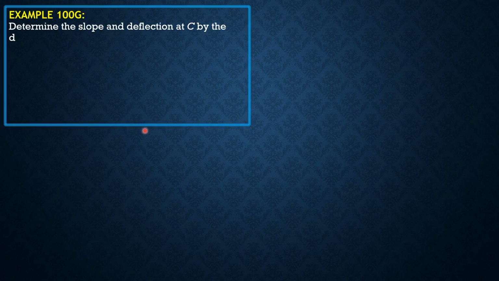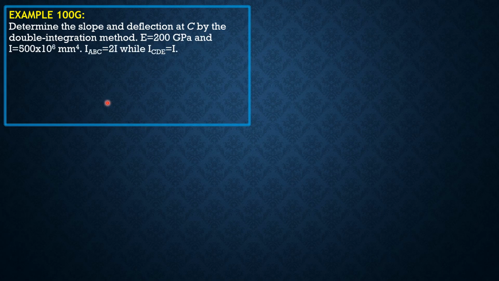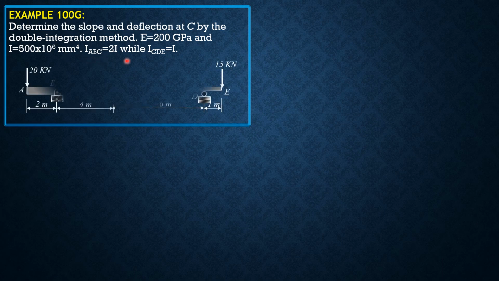Determine the slope and deflection at C by the double integration method. E is 200 gigapascals and I equals 500 times 10 to the 6 mm to the fourth. Moment of inertia of ABC is 2I while CDE is just I. Therefore, EI is equal to